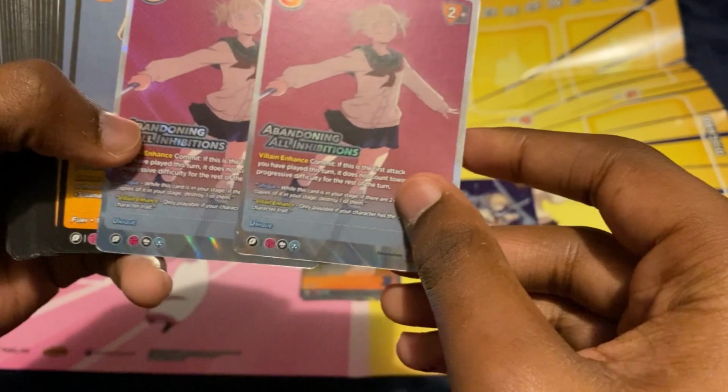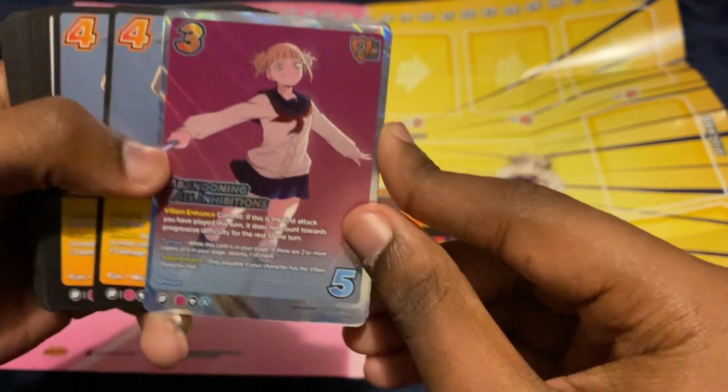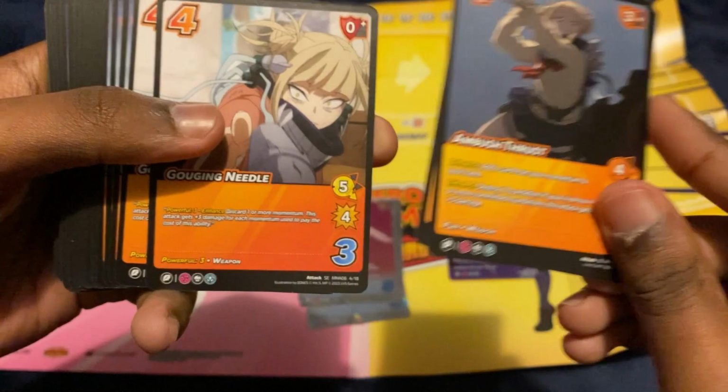So we have 2 copies of Deadly Ambush. I can't really go over all these cards. First of all, it's going to take forever. We have 2 copies of Abandoning All Ambitions. Let's keep these cards in frame, shall we? We have 2 copies of Ambush Thrust,